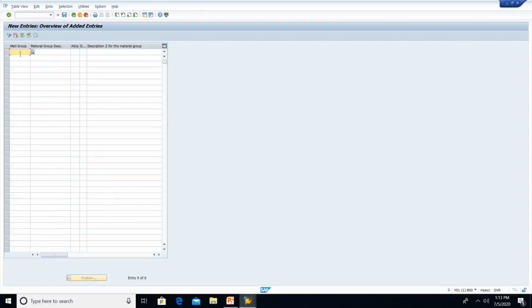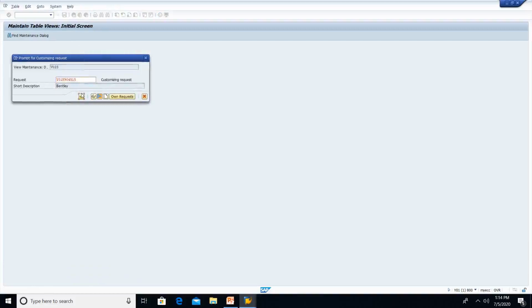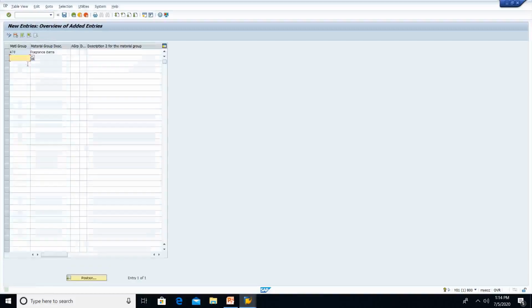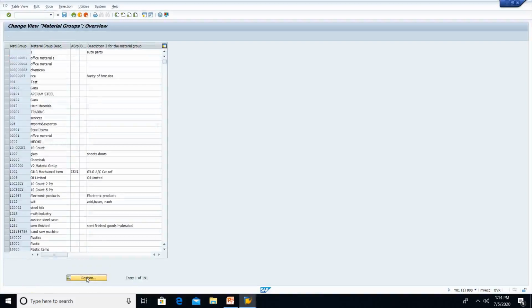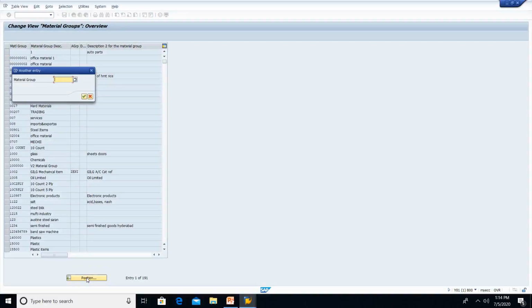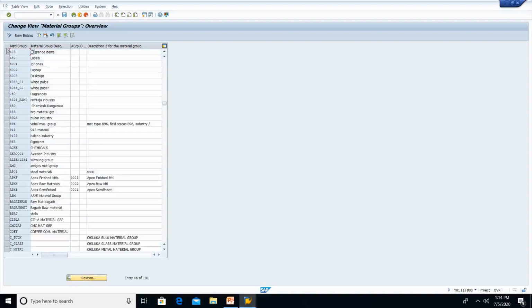Give the description like 478, because I want to write fragrance items. Enter, then save. Now in the material groups list, you will be able to see this 478 fragrance items material group. Okay, this is how we configure material groups.